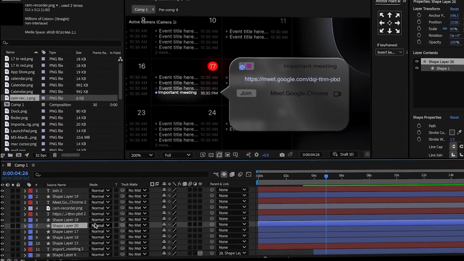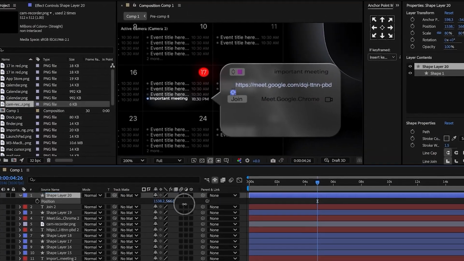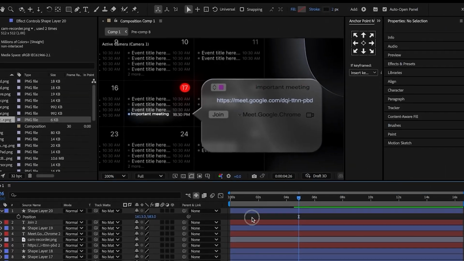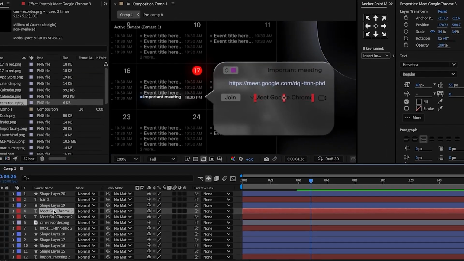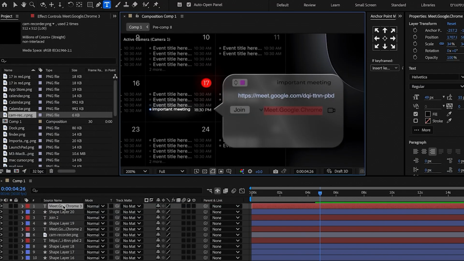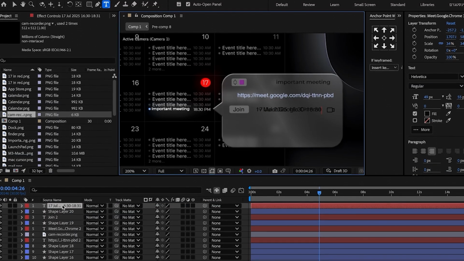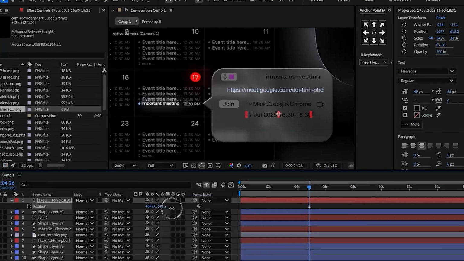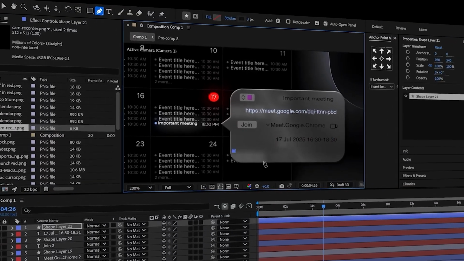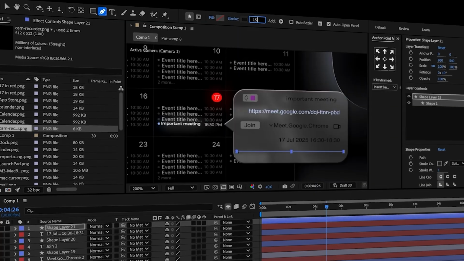Duplicate the arrow layer again, move it up, place the arrow next to the Meeting Google Chrome text and change its stroke to 2. Duplicate the text one last time, move the layer to the top, change the text to 70 Joule 2025 4.5 to 6.5 and place it to the right between the other elements. Using the pen tool, draw a straight line, set the stroke to 1.5,